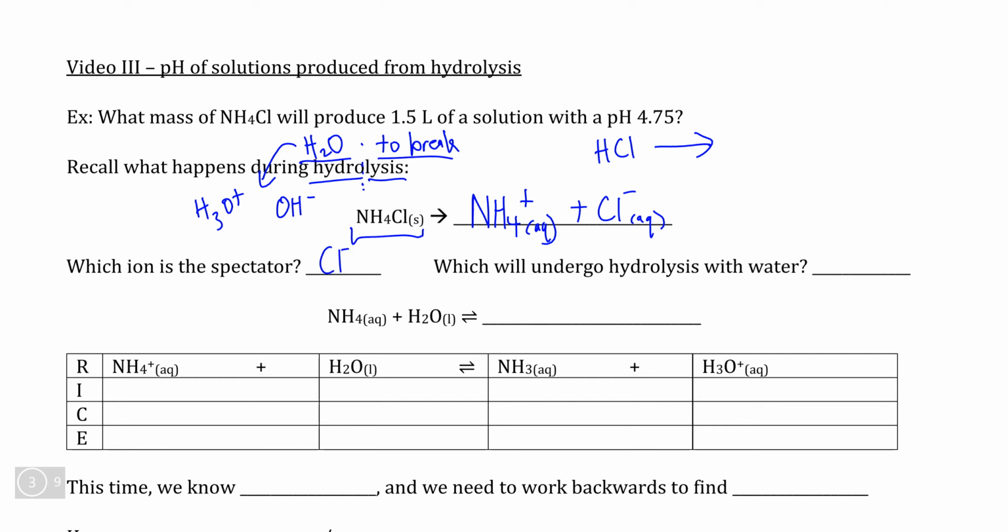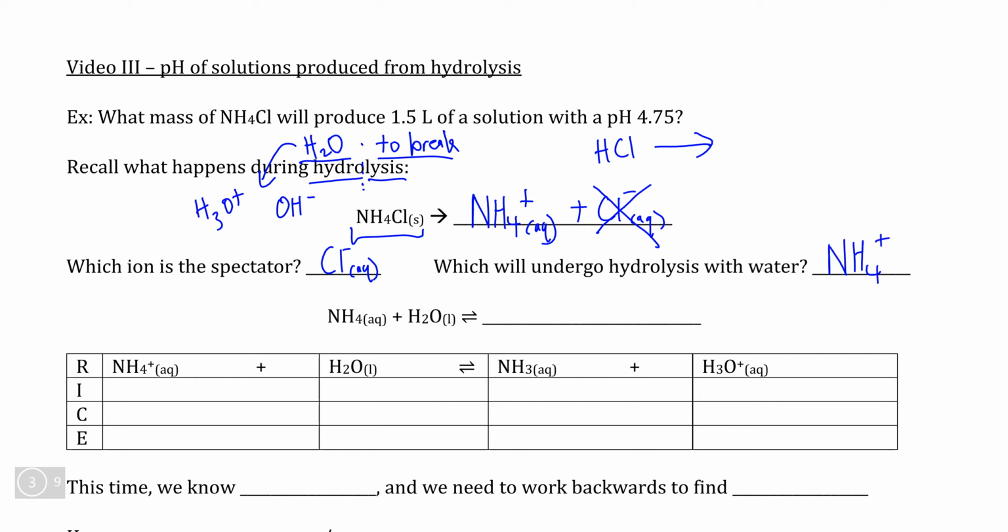So because of this, chloride is treated as a spectator ion, meaning that once ammonium chloride dissolves, the chloride is just going to sit there and not undergo any reaction with water, and therefore does not need to be considered. Therefore, the molecule that undergoes hydrolysis, that means a reaction that involves the breaking of water in some way,